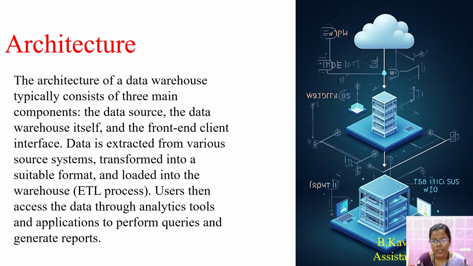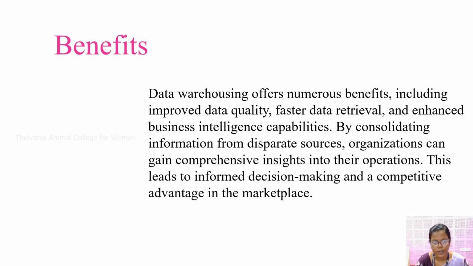ETL is one of the major processes before we store the data in the data warehouse. E denotes extraction. We collect the data from various sources. In this process, we extract the useful information depending upon our needs. Transformation is transforming the data into a suitable format for our convenience or for our project. Loading is the final process. Extracted and transformed data are loaded into the data warehouse. These are the major processes performed in the data warehouse.